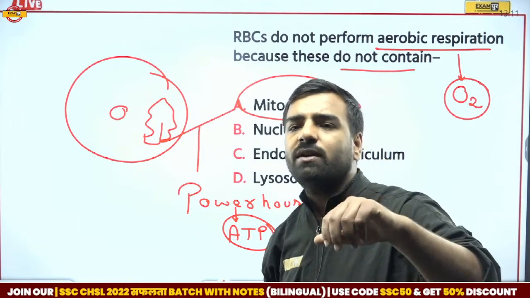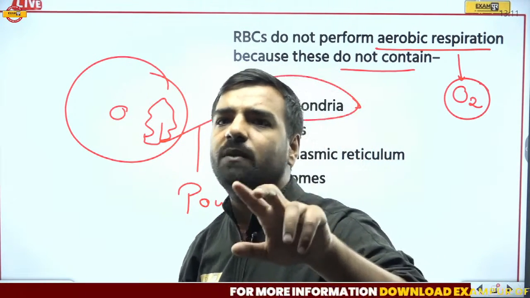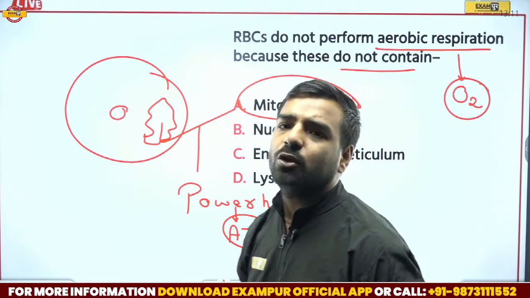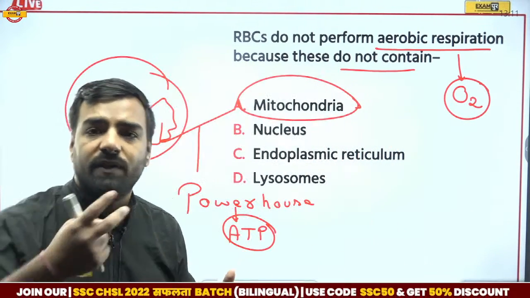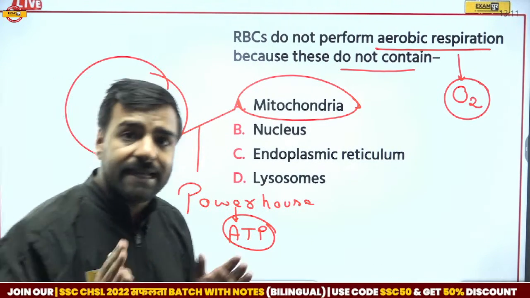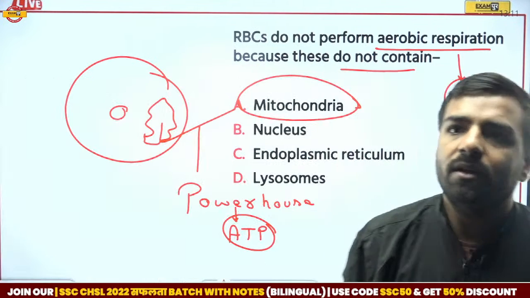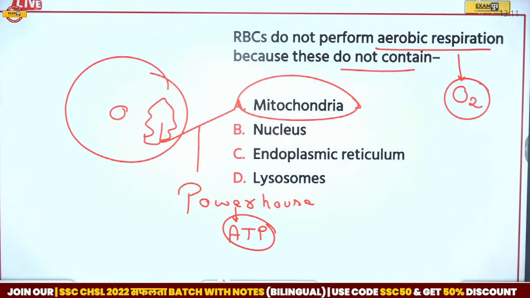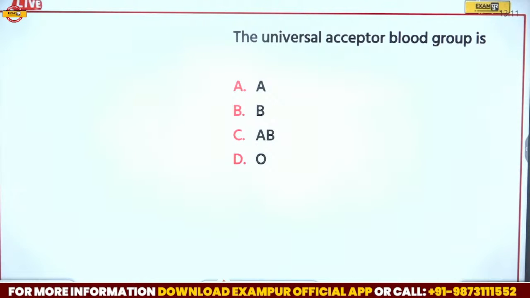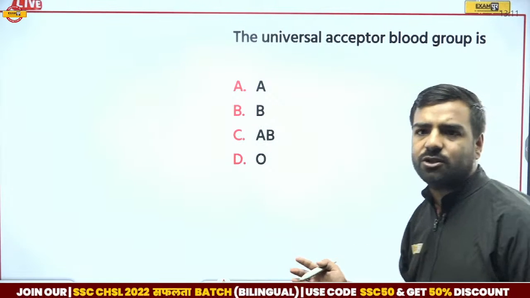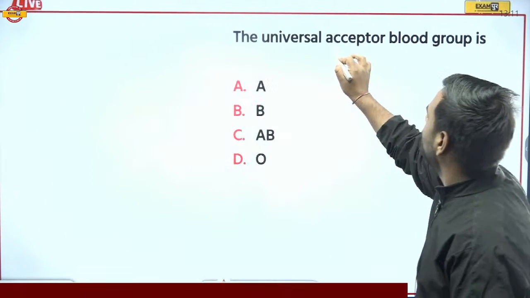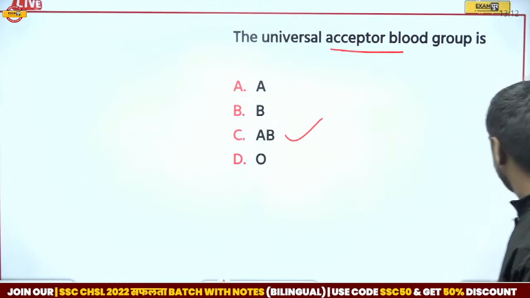So Muskan was going with A, Kirti was with A, Shubham was with A, Jagdishan, you all are correct. And yes, that's true. If I talk about a total of 36 ATP, out of them, if I remove 2, you are generating maximum ATPs, that is adenosine triphosphates, here itself. Very good, totally correct. Next we have: the universal acceptor blood group is dash. We have just discussed this question in the first attempt itself. The first question was the same, right? If I talk about the universal acceptor, that is AB.